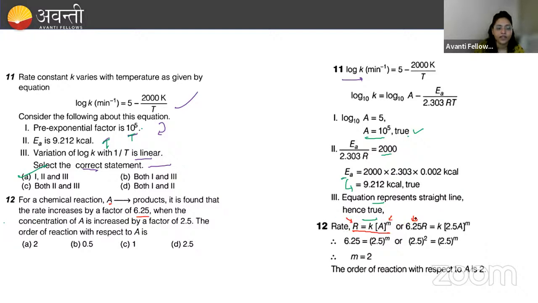6.25 से रेट बढ़ रहा है. When the concentration of A is increased, A का वैल्यू A से कितना हो रहा है? 2.5 A हो रहा है. From A it is becoming 2.5 A. So I have put in that value. Okay, so here